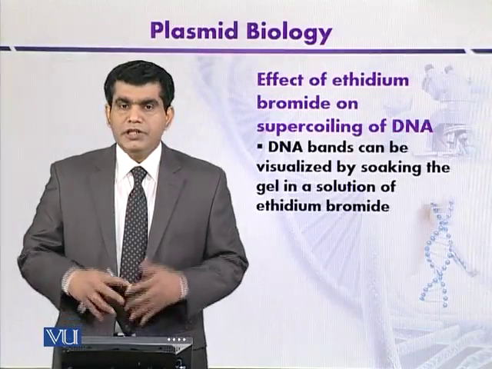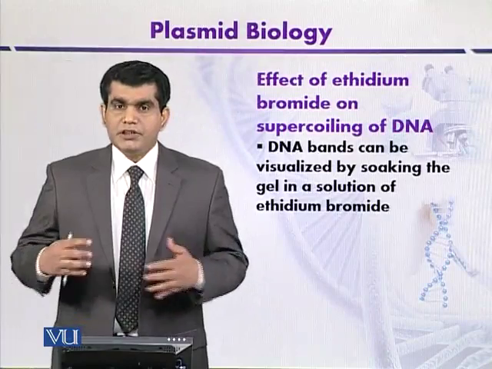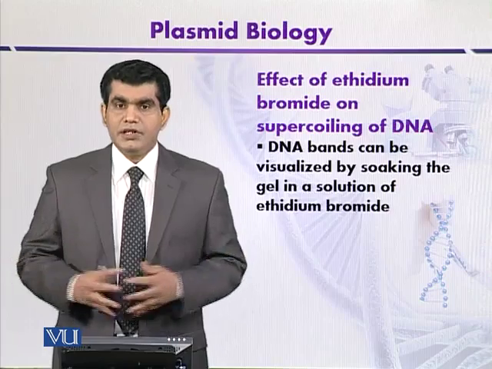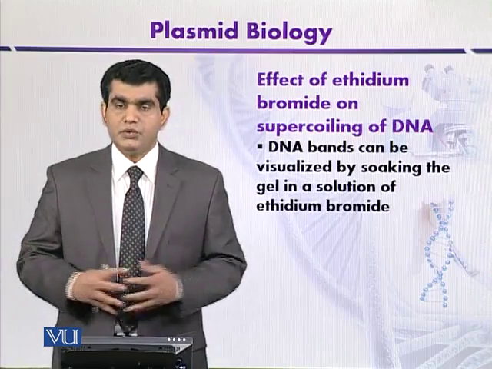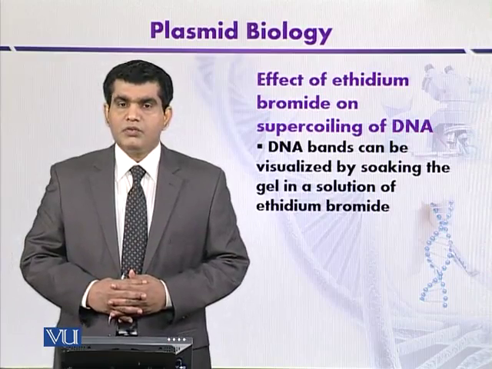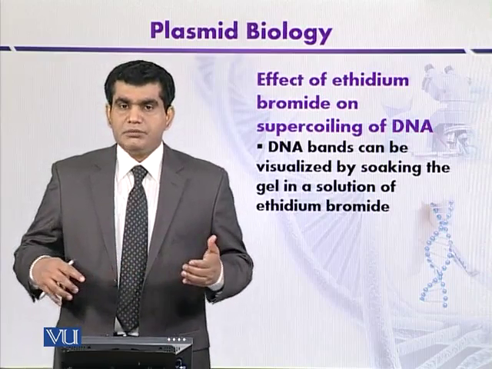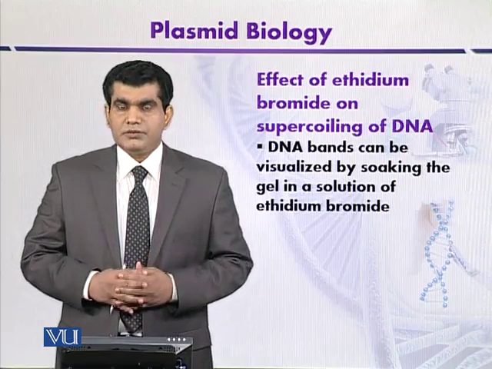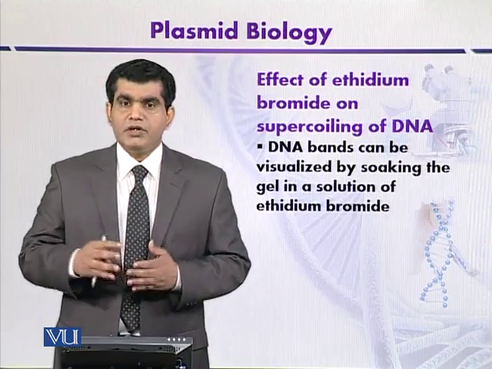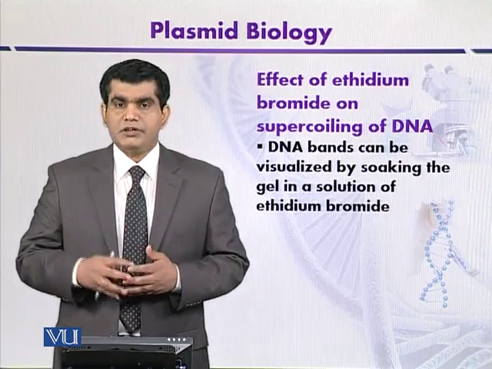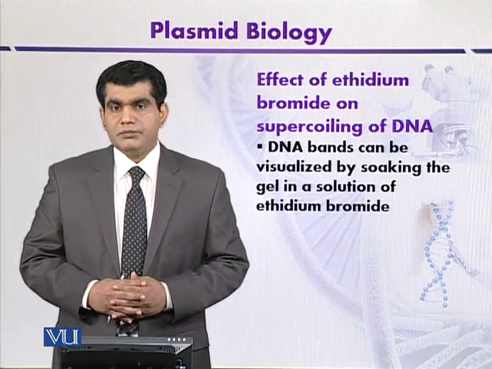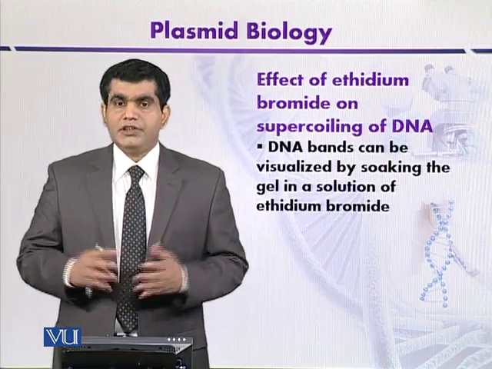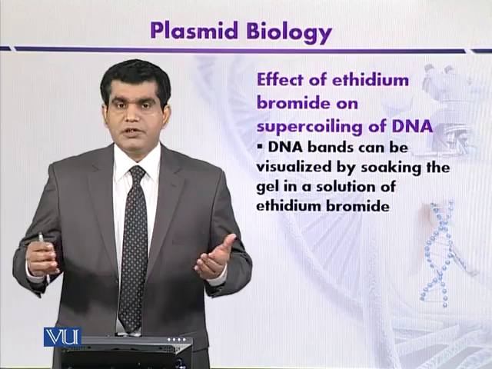In addition to enzymes, some chemical agents can also influence the supercoiling of the DNA depending upon the concentration that is used. One of the chemical agents is ethidium bromide. If we want to analyze the DNA and see it under the camera or under the UV light, then after running the DNA on agarose gel, the gel can be stained with a chemical like the